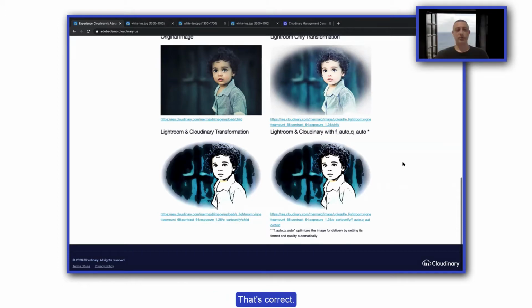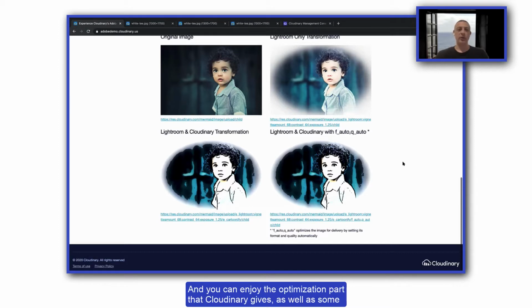Yeah, that's correct. As you said, the combination of Cloudinary transformations with Lightroom's different effects and filters is really a powerful tool. You can enjoy the optimization part that Cloudinary gives, as well as some artistic effects that Cloudinary gives, like the Cartoonify effect you just showed, along with the rich set of filters that come out of Lightroom.